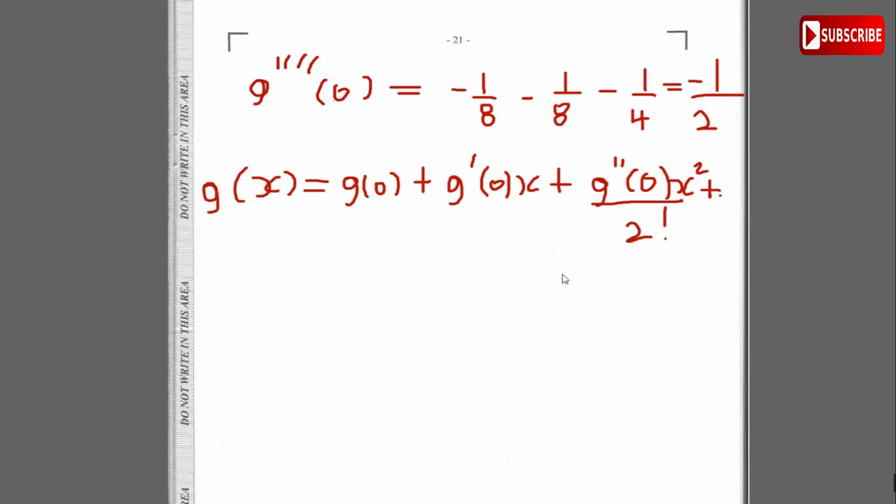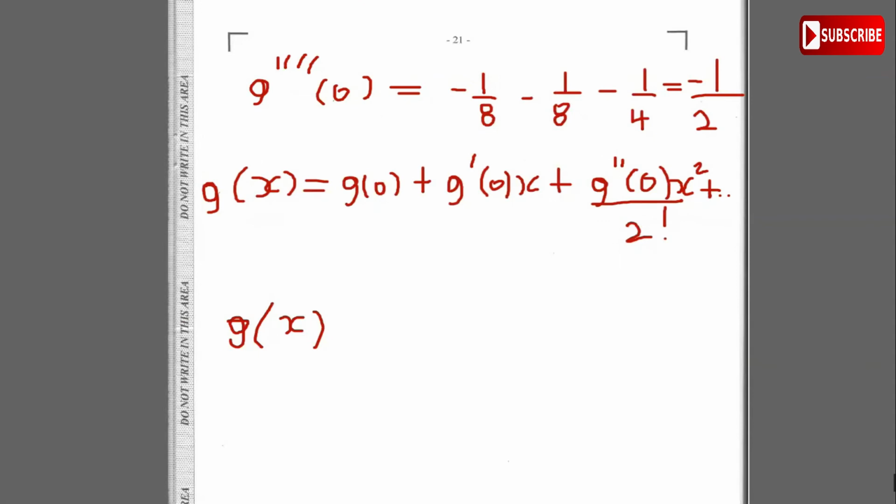So let's go ahead now and approximate g of x. We found g of 0 to be 0, g prime of 0 to be 0, g double prime of 0 to be 1. So this is going to be equal to g of 0, which is 0, plus g prime of 0, which is 0, plus g double prime, which we found to be 1, times x squared over 2 factorial, which is 2,